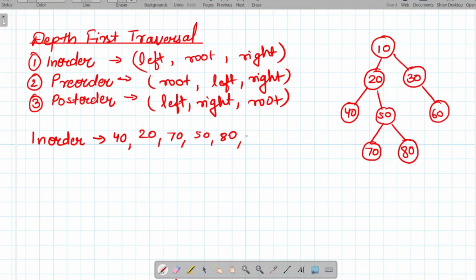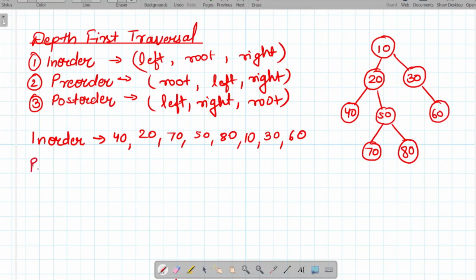So now we will print 10, and since the left subtree is traversed and the root is traversed, now we will go to the right side. So the right is having 30, and 30 does not have any left child, so we will simply write 30, which is the root, and its right child, which is 60, and this is how we have traversed the given tree in order fashion.